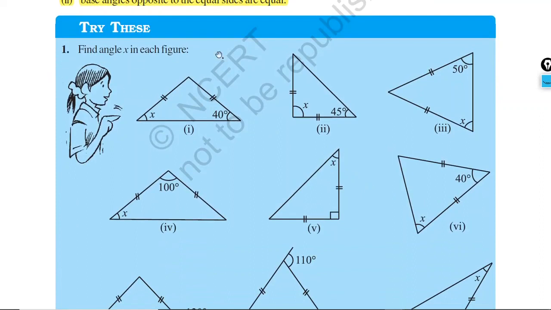Try this. You please try this at home. Okay. Find the measure of angle x. Here you see, here all the triangles are isosceles triangle. So if this one of the angle is 40, here you can see these two sides are equal. So you know that angle opposite of the equal sides are equal. Therefore, two sides are equal, then their opposite angle must be equal. So 40 degree, this angle must be 40 degree. Okay. So this is it. Try all this. These are of the same type.